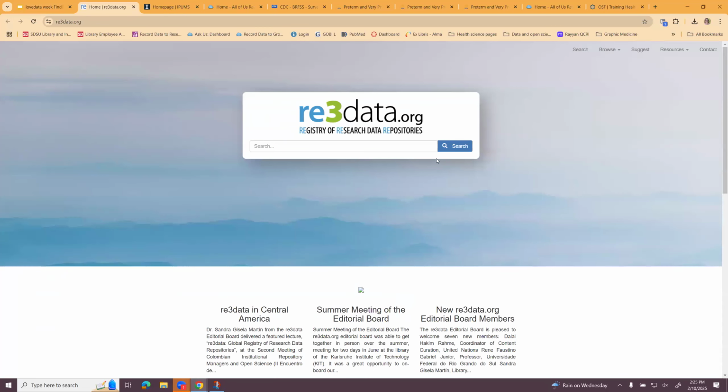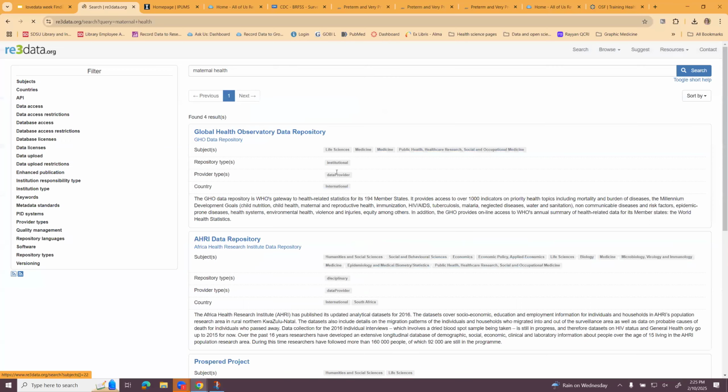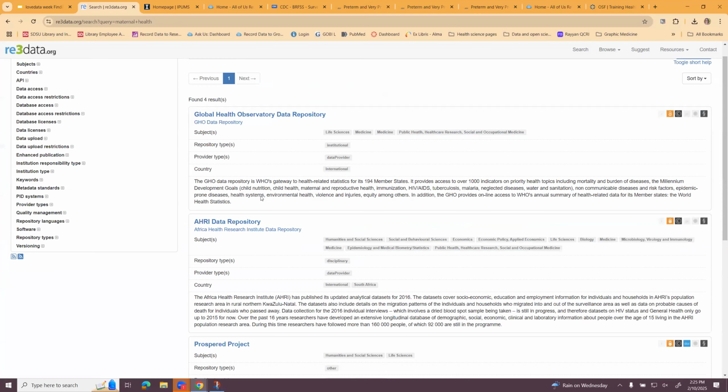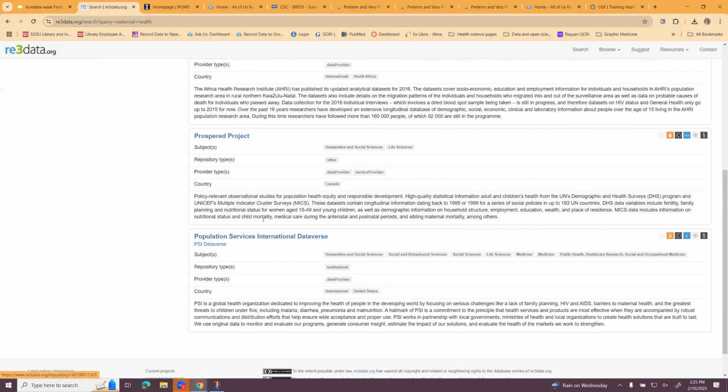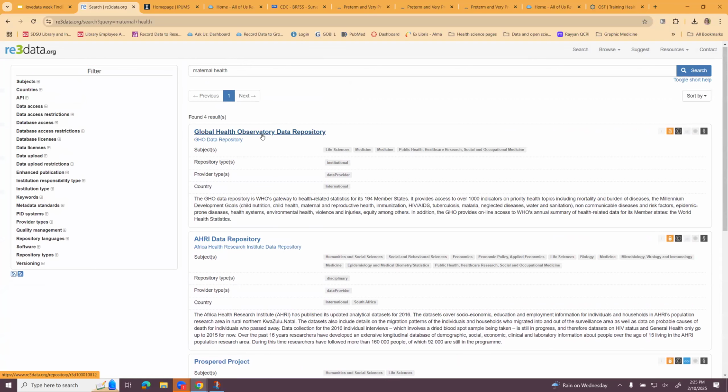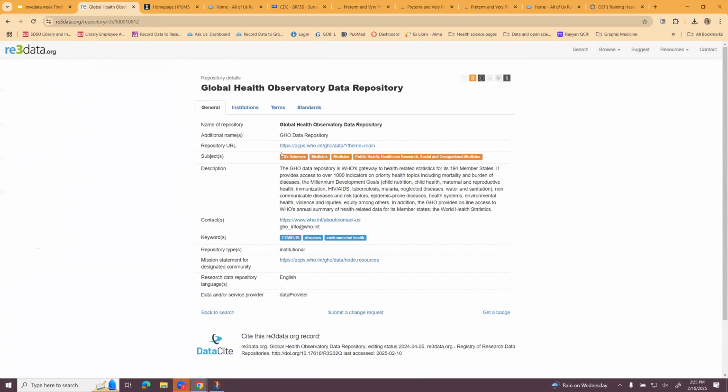And you can go in here and say something like maternal health. So I can see all sorts of different things. I've got four different population services here, HRI and Global Health Observatory. I can go to any of these and it gives me the URL for the repository, the contact